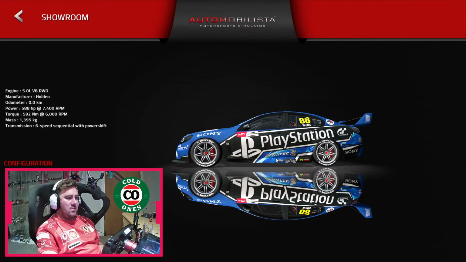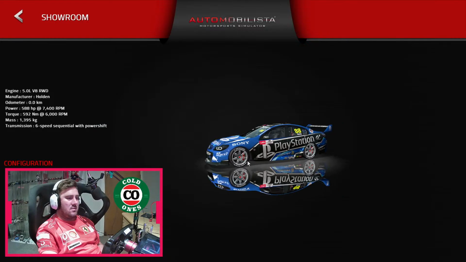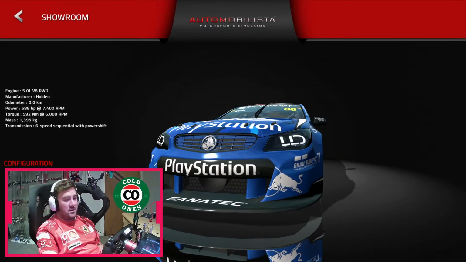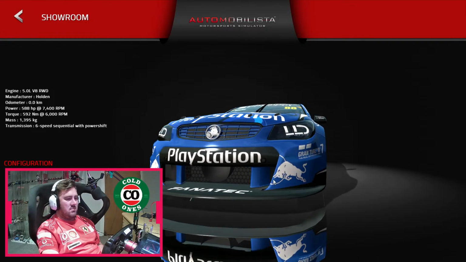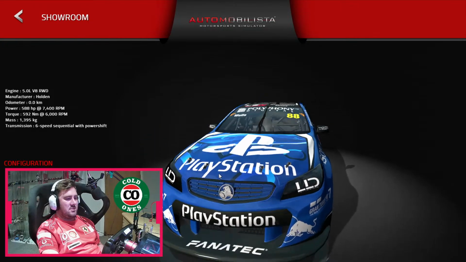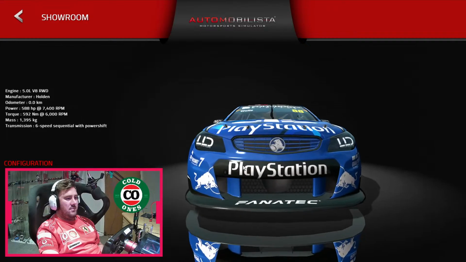The Fanatec in white just gets difficult to see from a distance. Red Bull, unless you're selling their blue can drink, I can't remember which one it is, they're not going to allow you to do that with their logo. It also looks a little bit warped up here as well. It needs to be a little bit smaller and probably lower. The Gran Turismo logo needs to be smaller because it just clips over, or it doesn't quite clip, but it looks like it does. The blue grill,